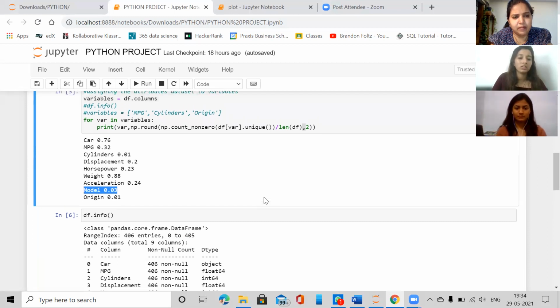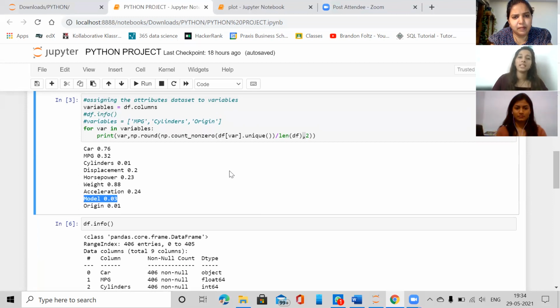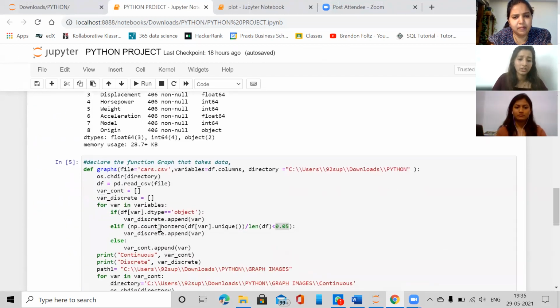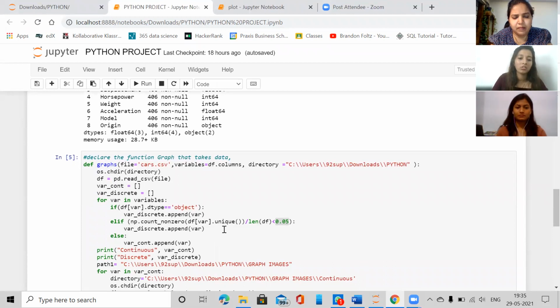So when we compared with many data sets, we found that there's a certain threshold of 0.05 below which everything is categorical. So that's why we have taken a threshold of 0.05 to store all the columns with percentage of unique values less than this in a categorical variable. And if values are greater than 0.05, it will be stored in a continuous variable, which is numerical in this case. So this way, all our discrete and continuous variables are separated.